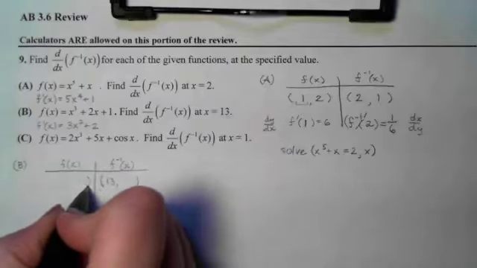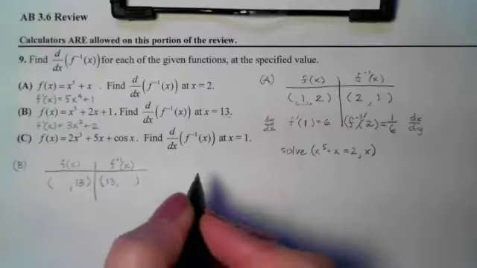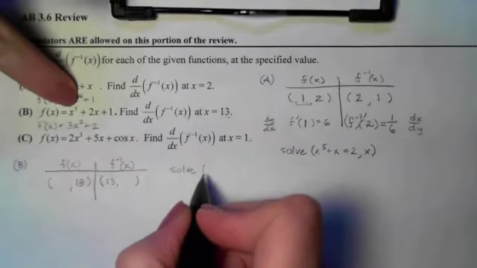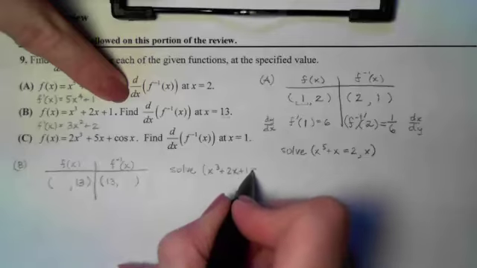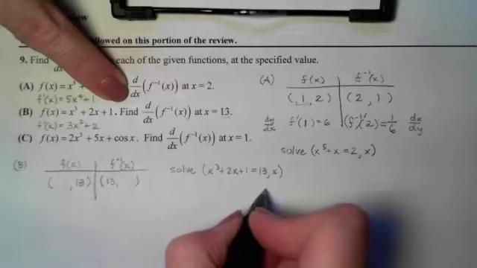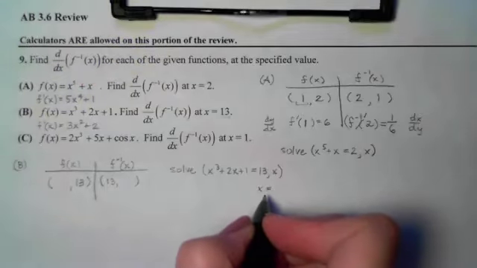The y coordinate we don't know, but we do know the y coordinate on the original has to be 13. So I can solve for when this original function